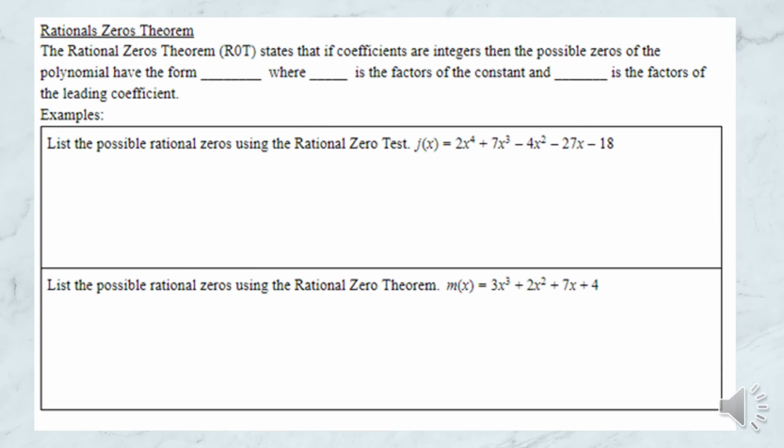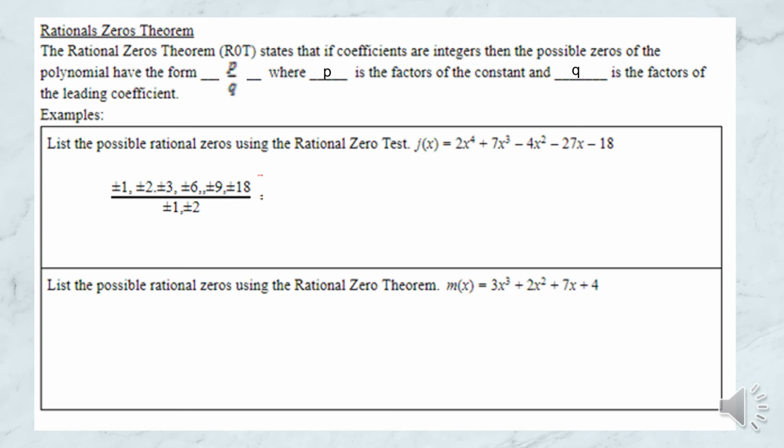The rational zeros theorem, or the rational zeros test, states that if coefficients are integers, then the possible zeros of that polynomial have the form p over q, where p is the factors of the constant and q are the factors of the leading coefficient. So we're going to list the possible zeros using the rational zeros test for j of x. P is the factors of the constant. In this case, my constant is negative 18, while q are the factors of the leading coefficient. So I'm going to set up a fraction, and I'm going to see all of the